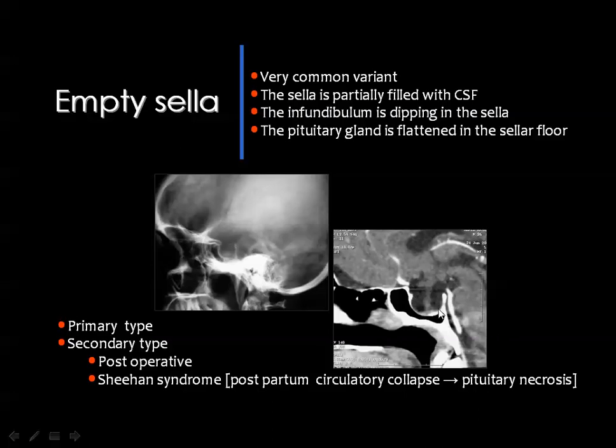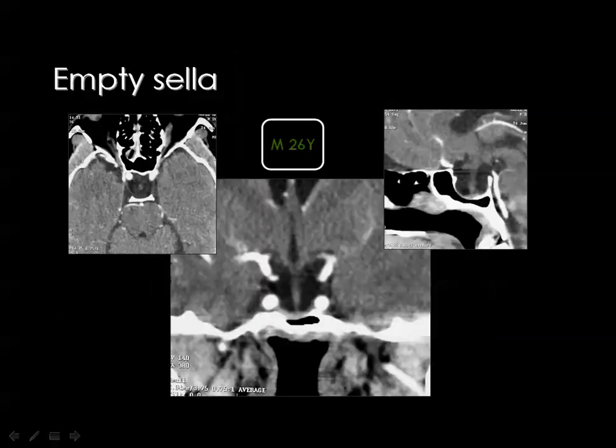Usually the infundibulum is attached to the upper surface of the pituitary gland at the level of the posterior clinoid. But in cases of empty Sella, the CSF is increased, the pituitary gland is flattened, and the infundibular stalk is seen going deep inside the